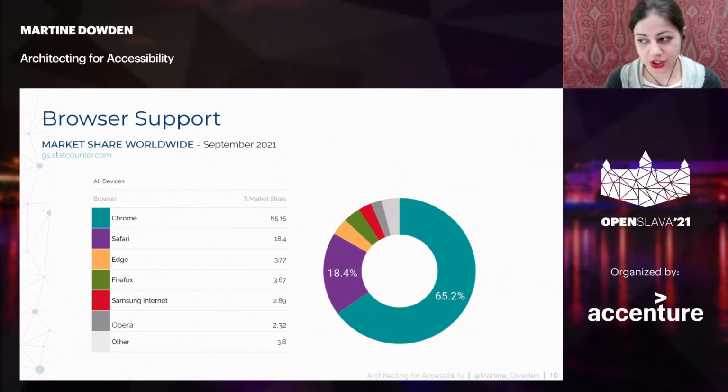These numbers do change as browsers fall in and out of favor. So keep in mind what those are. And if these are worldwide numbers, maybe your area, in terms of either your industry or your requirements, might have some different user bases. So keeping in mind what your users are using is important. The other thing to keep in mind is things like mobile versus desktop.